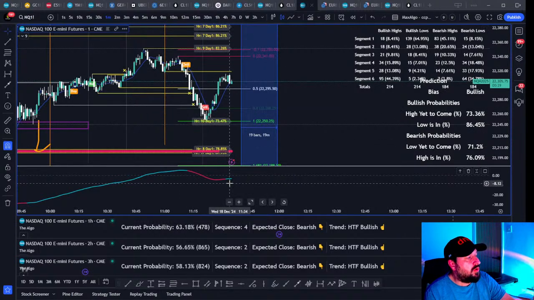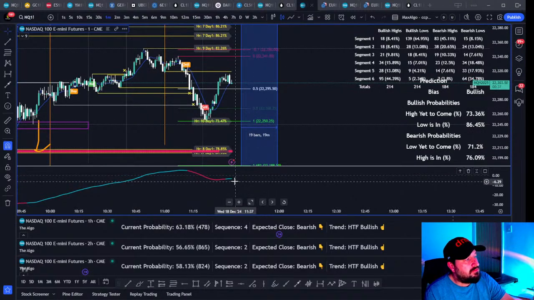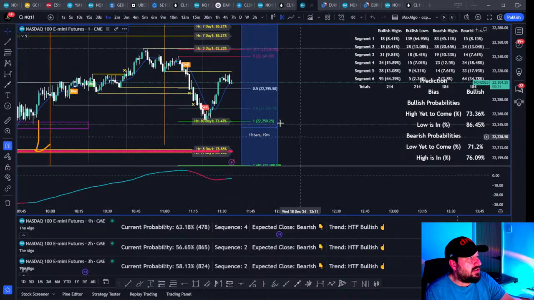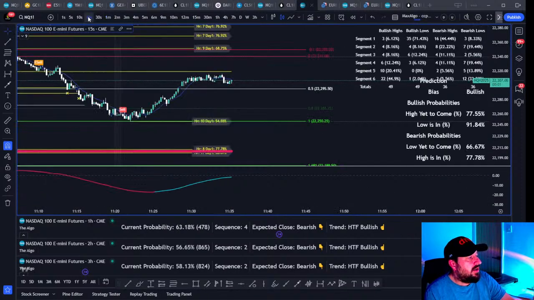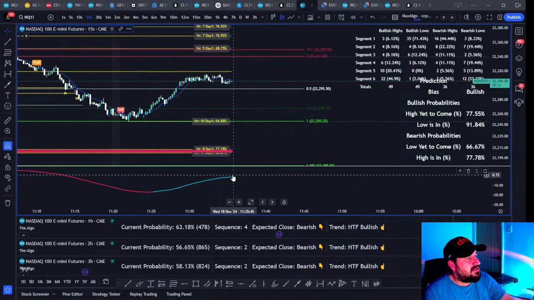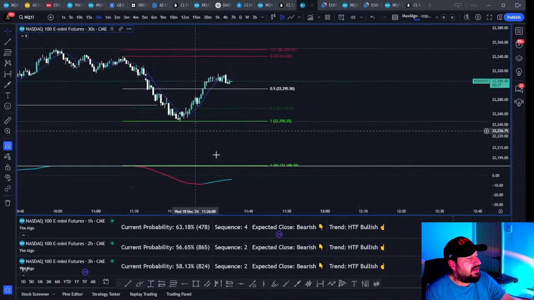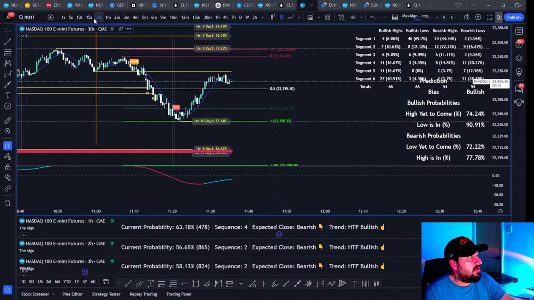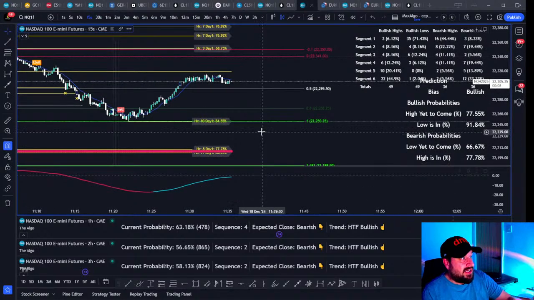We have gone blue on dynamic TP, but we are still below, and sometimes we can just get that little correction below before we get the continuation. We want to see that 15 seconds now failing, right? That 15 seconds starting to fail and go bearish and not take us above.